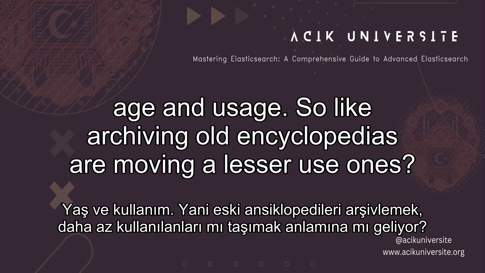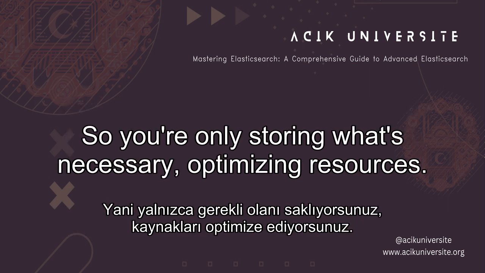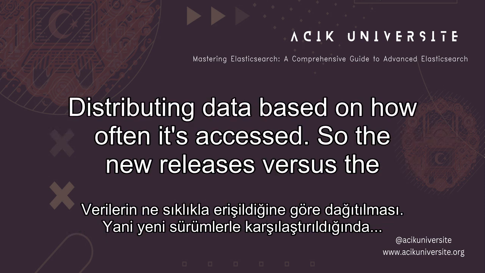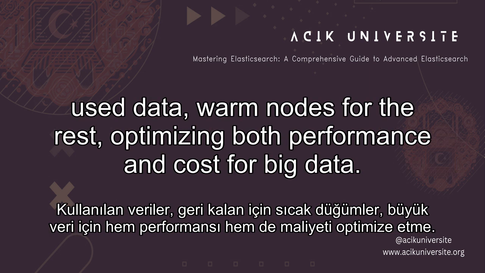So like archiving old encyclopedias or moving lesser used ones. Yes. You define policies to move data to cheaper storage, or even delete it when no longer needed. So you're only storing what's necessary, optimizing resources. Right. And for truly massive data sets, there's the hot warm architecture. Distributing data based on how often it's accessed. So the new releases versus the archives, different storage tiers. Exactly. Hot nodes for fast access to frequently used data, warm nodes for the rest, optimizing both performance and cost